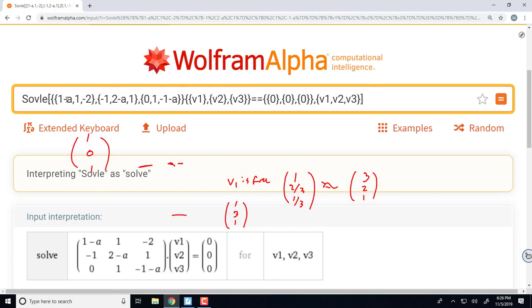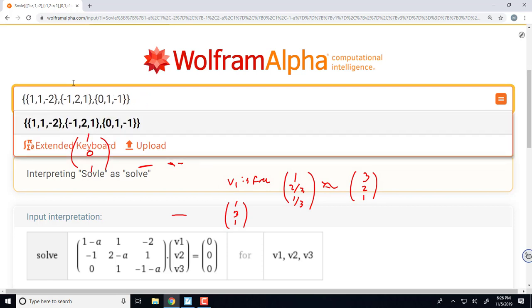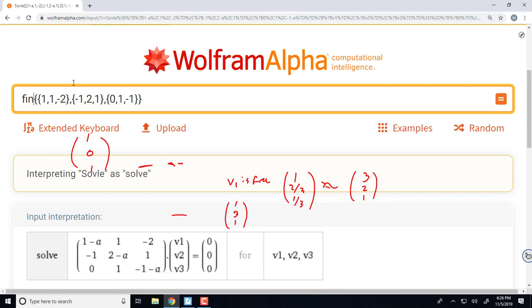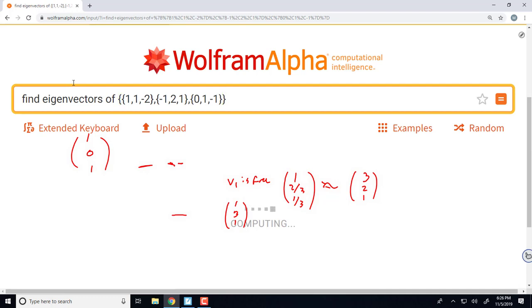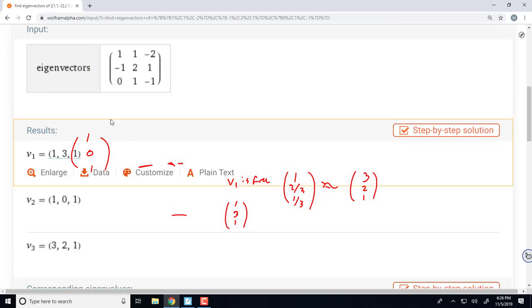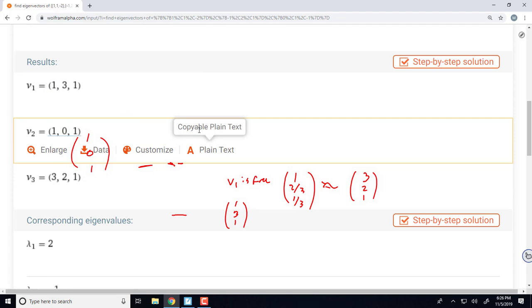If we just take our original matrix, so that's following the procedure that you and I have learned, but we could just say, Mathematica is such a powerful language. It used to be tough. You used to know how to code in it. Now you just type it. You just say find eigenvectors of. And that actually does a much nicer job than what we just did,